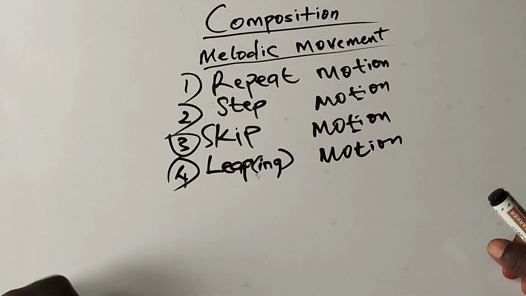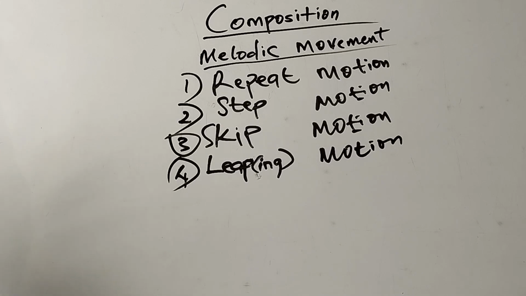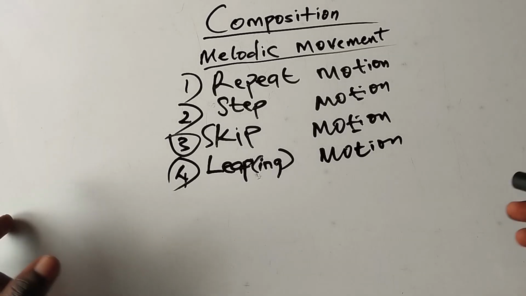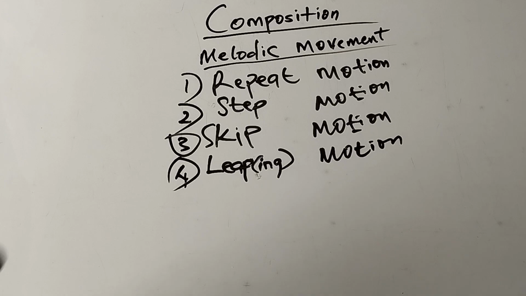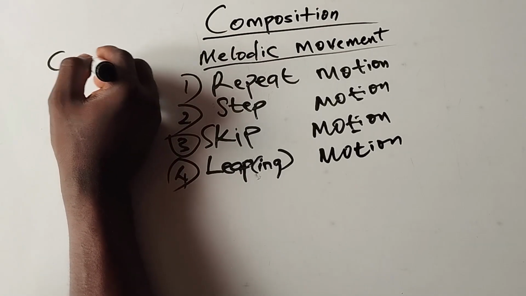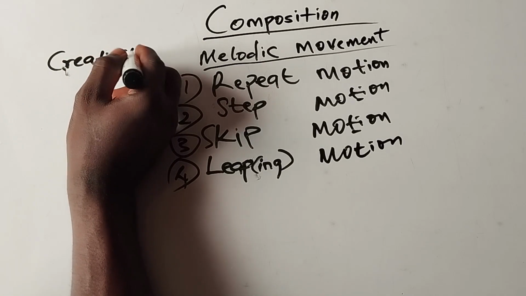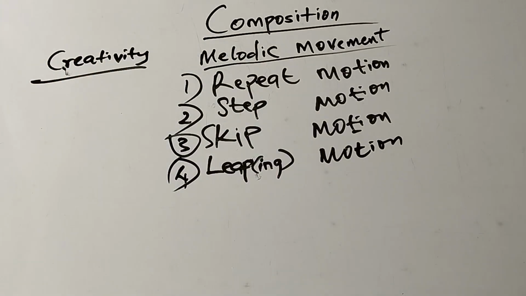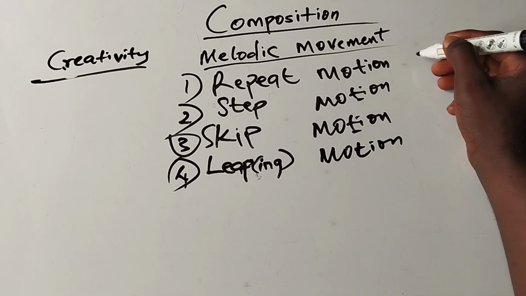These four can help you if you don't have any melody in your brain to compose. It is not inspired. You don't have any inspired one. You don't improvise. There is no oral tradition. So this is under creativity. Under this creativity way of composing, in repeat motion, you see that sometimes you see a